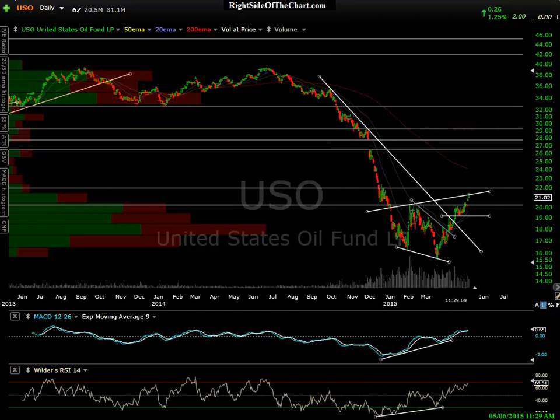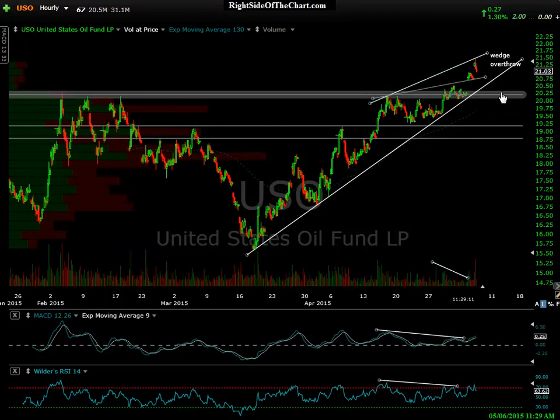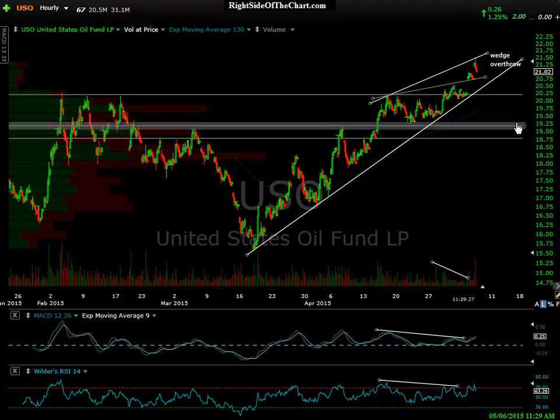So in my book, should prices fall much below this 2020 level, in other words, fail to hold that breakout, you will probably see a tremendous amount of repositioning. Longs that jumped in on that breakout, realizing they were wrong, they're underwater, they sell, the shorts will pile in. So that's what I'm looking for.